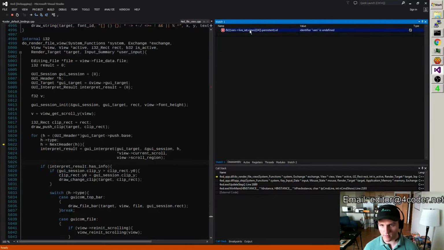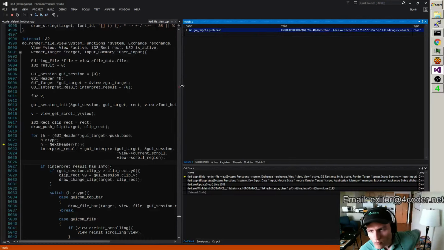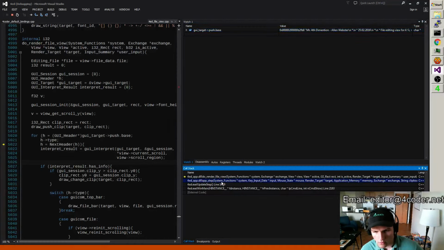Let me read real quick. There might be a lot of data in there. Let me read real quick through and see if I can understand what happened. So, GUI target push dot base, 25 file editing for 4coder. That's really weird. What are we even rendering here? App step